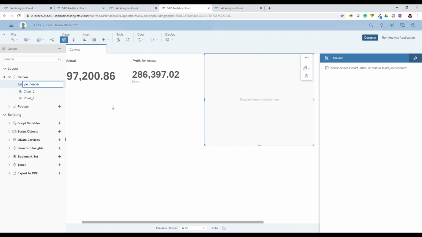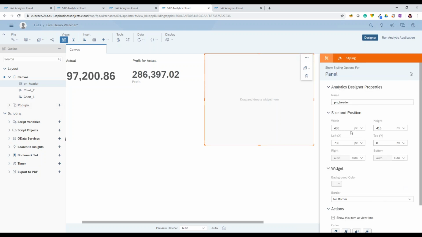Over here, I would like to mention the importance of naming conventions. As you see that I've changed the name of the panel to a proper naming convention that we want to follow. It is really important for scripting later on to have a proper naming convention. I will go ahead and change the component according to my requirements.